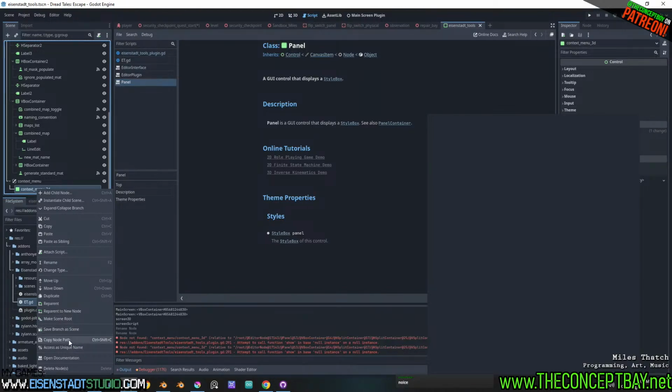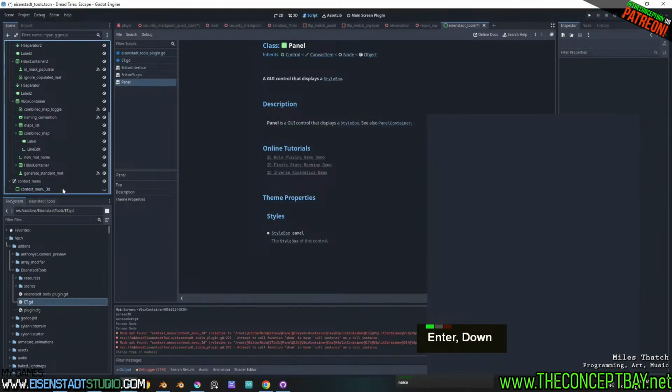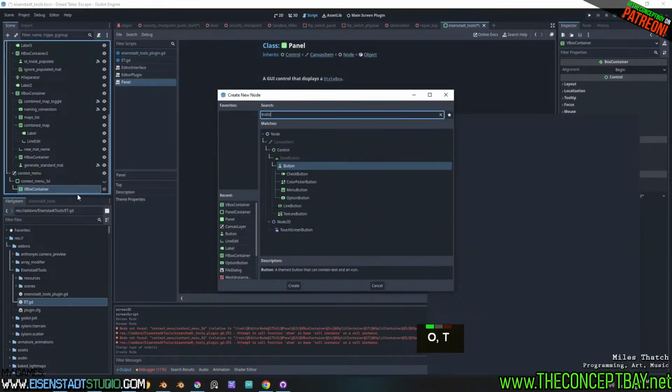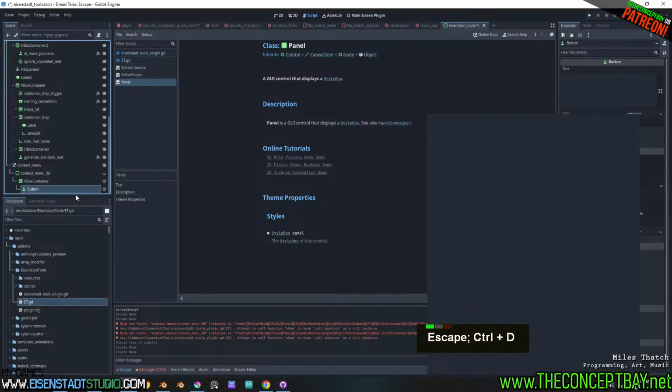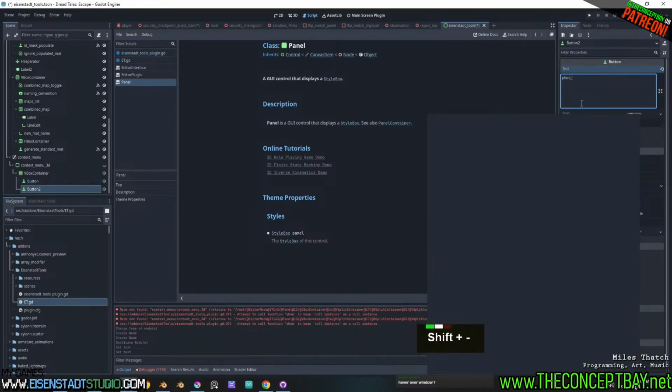Okay, we're gonna change type to panel container. All right, what do I want? VBox container. I want a button. We're gonna do instance here. And I also want a button to place, what is it, cursor? Cursor here. Let's do nest